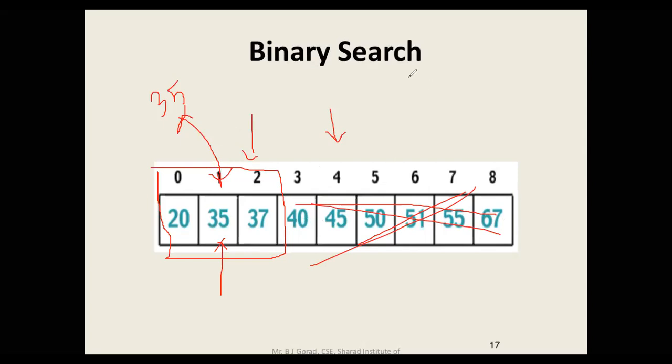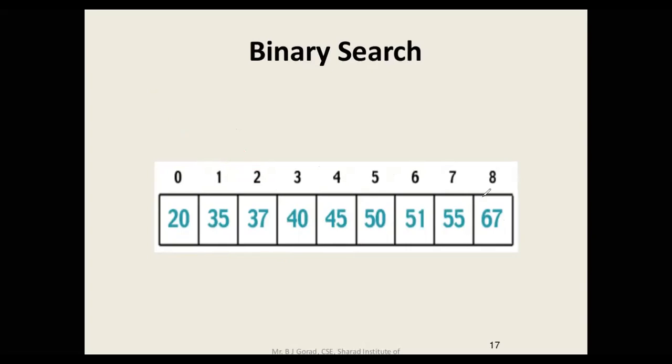Okay, and just by doing this simple task, I have saved a lot of time. Now imagine let's try to find out 55 or let's say 51. Okay, let's see how it works. So again, it starts with 45, and it will check whether 51 is equal to 45 or not. So is it equal? No, right? So as this is not equal, it will try to look whether 51 is larger or smaller. So should I go in this area or this area? So it will say that 51 is large.